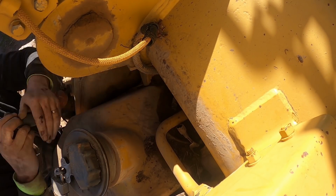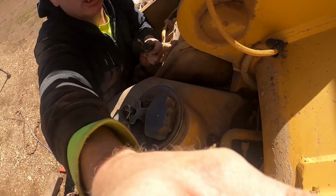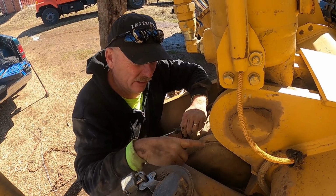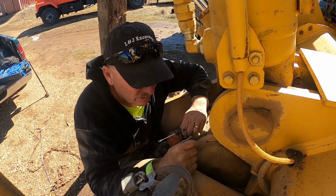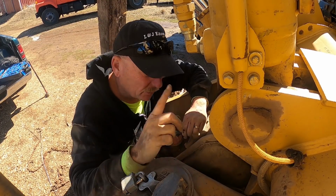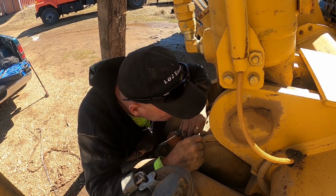The gauge will fluctuate. I mean, it'll go down, kicks the low fuel light on, and then it may come back up, and it's just really erratic. So